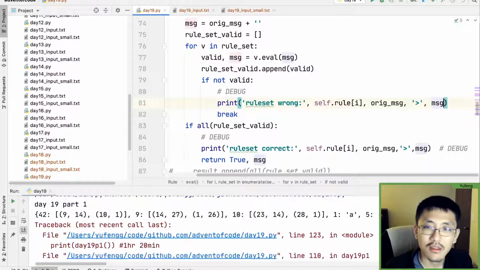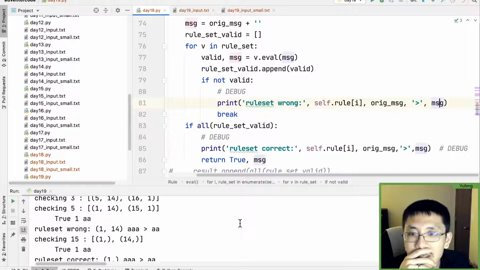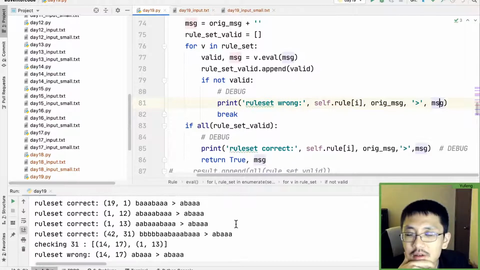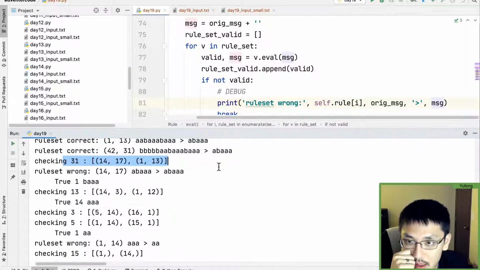It might be instructive. Let's leave it there. It's interesting that these are blank. Oh, right. So here's 31 again. A, B, triple A. Okay. So the rule set was wrong right away. So this was wrong. So now we're on to this one,